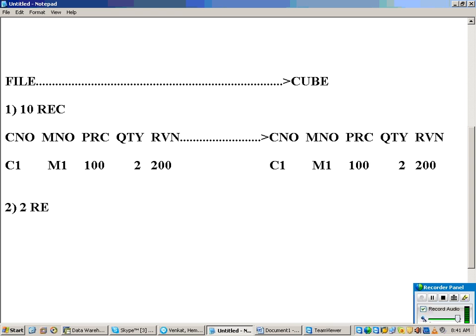C1, M1. It has changed from 2 to 5, and 200 to the new revenue. Now what is the data in the source?